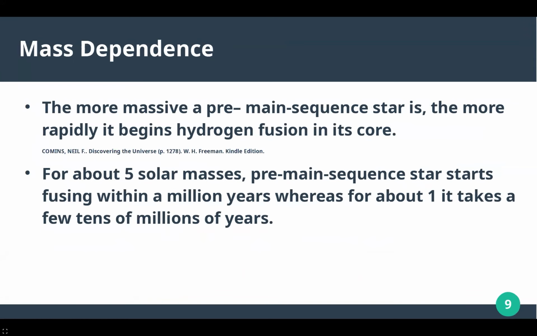The more massive a pre-main sequence star is, the more rapidly it begins hydrogen fusion at its core. For about 5 solar masses, pre-main sequence stars start fusing within 1 million years, whereas for about 1 solar mass it takes a few tens of millions of years.